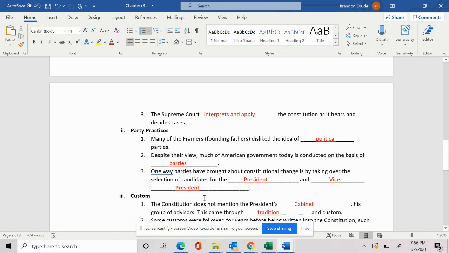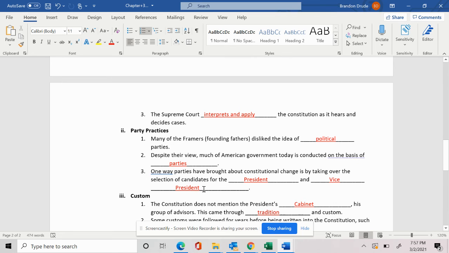However, that didn't really work out. It happened for the first three presidents. So George Washington, John Adams, then the problem arose with Thomas Jefferson. Thomas Jefferson had some issues with his vice president, which was Aaron Burr. I'm not going to go into it too deeply because this isn't history, but there were some disputes, there were some arguments, and eventually, after that whole election,